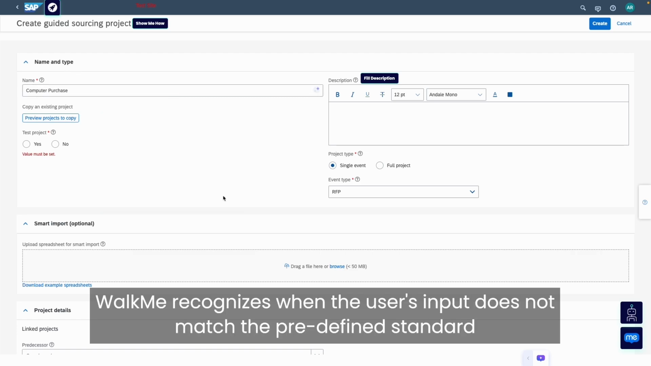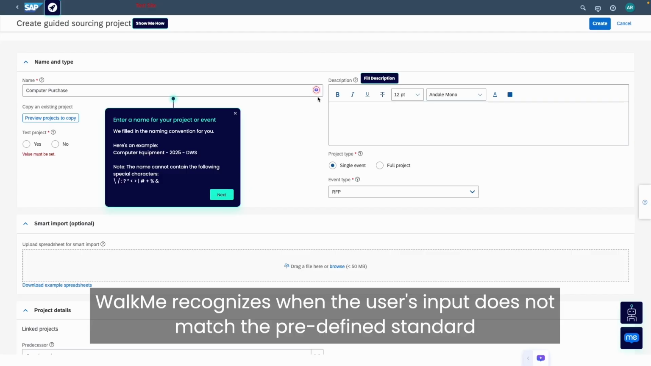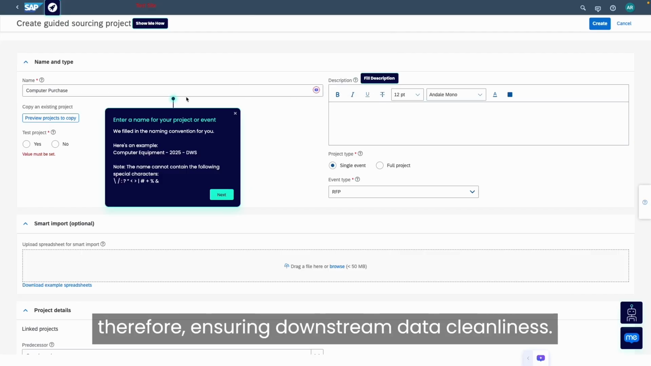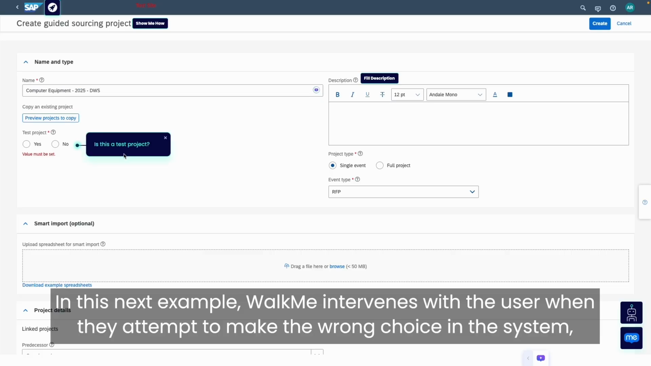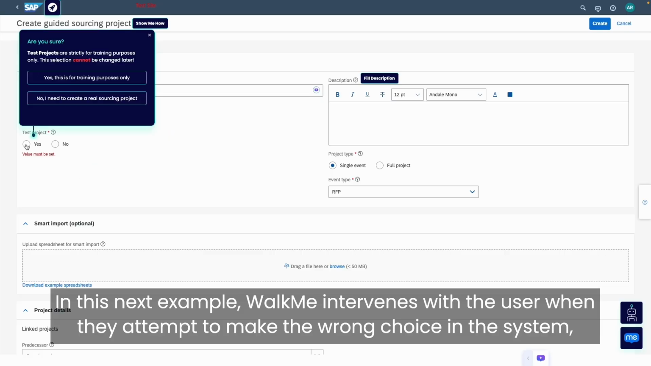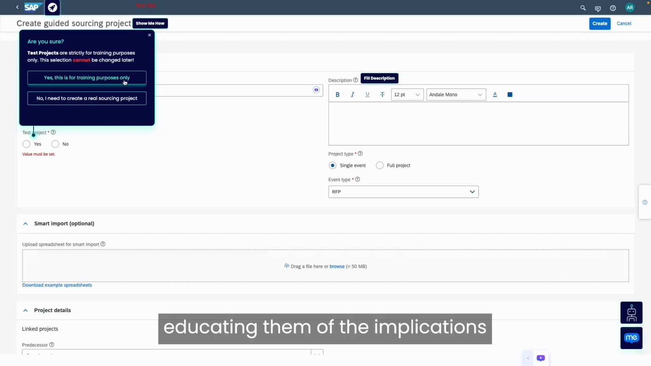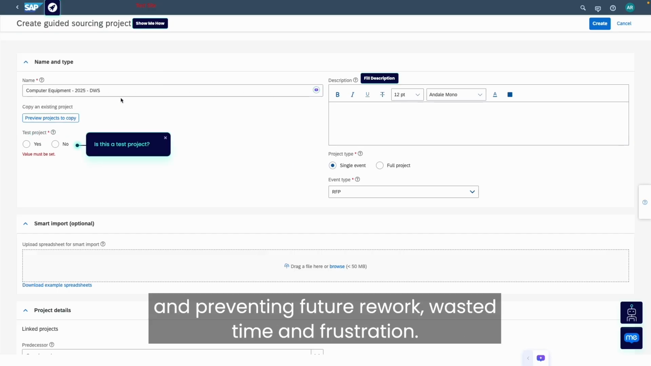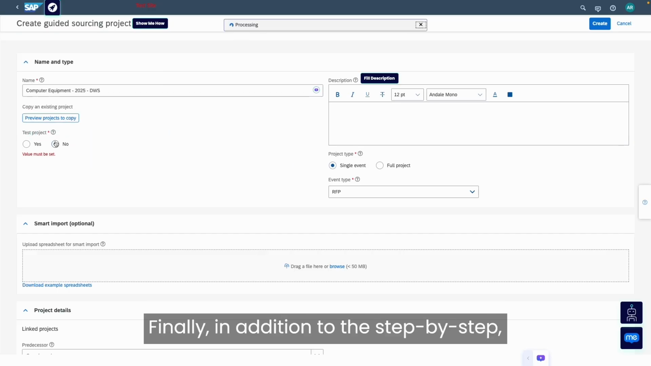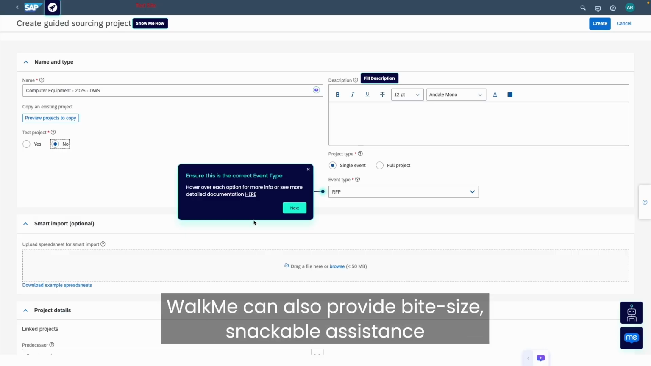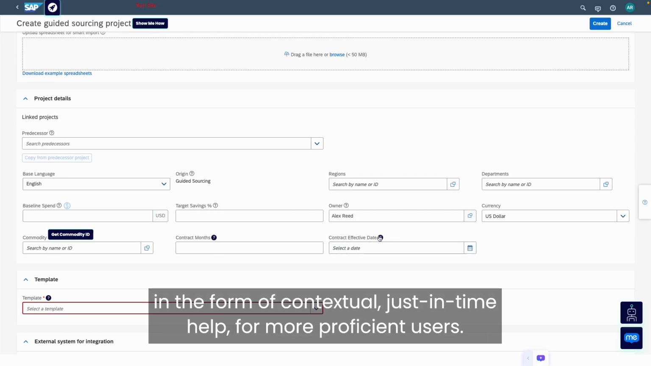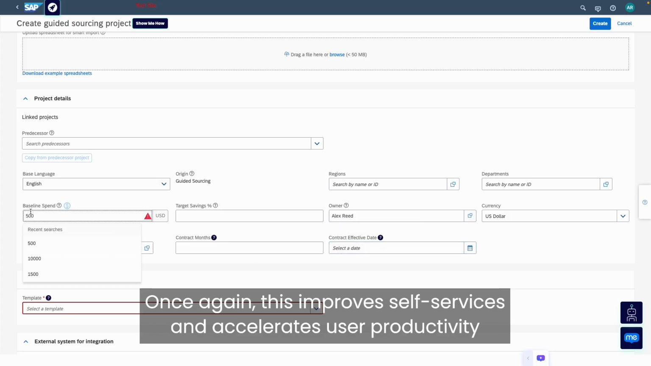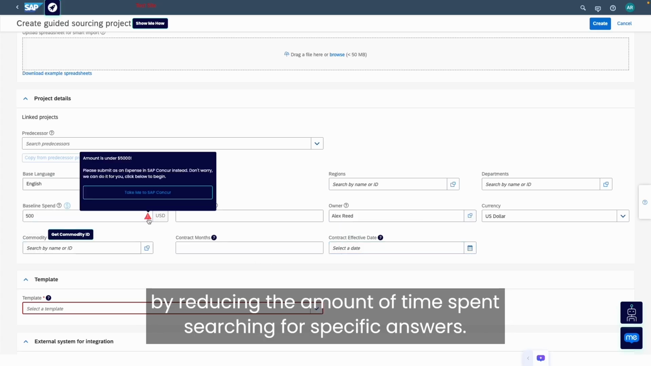WalkMe recognizes when the user's input does not match the predefined standard and continuously redirects them, therefore ensuring downstream data cleanliness. In this next example, WalkMe intervenes with the user when they attempt to make the wrong choice in the system, educating them of the implications and preventing future rework, wasted time, and frustration. Finally, in addition to the step-by-step, WalkMe can also provide bite-sized, snackable assistance in the form of contextual, just-in-time help for more proficient users. Once again, this improves self-service and accelerates user productivity by reducing the amount of time spent